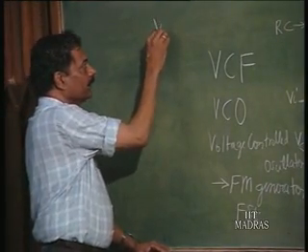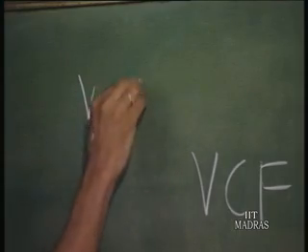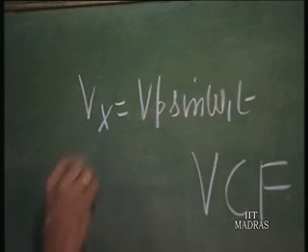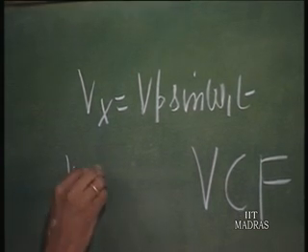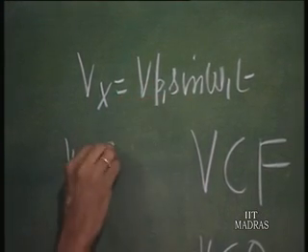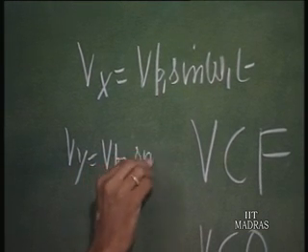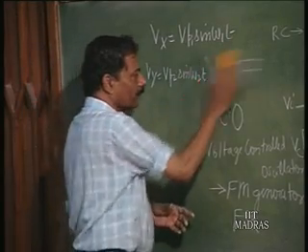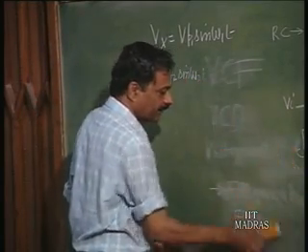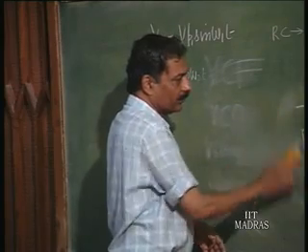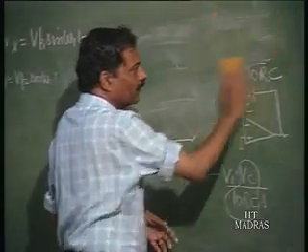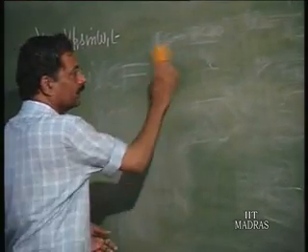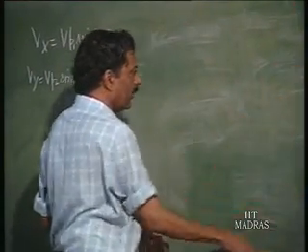Now if Vx is equal to, let us say, Vp1 sin omega 1t, and Vy is equal to, let us say, Vp2 sin omega 2t, the inputs are now different. These are two different frequencies that are coming as inputs to the multiplier. So, what is going to be the output? This is of interest to us in communication. So, output is going to be